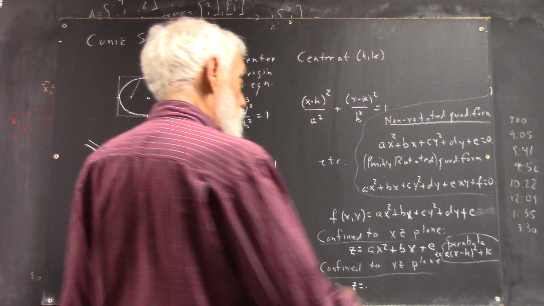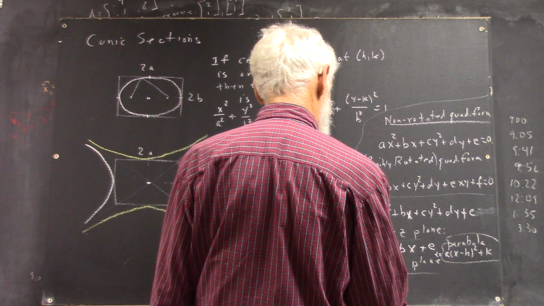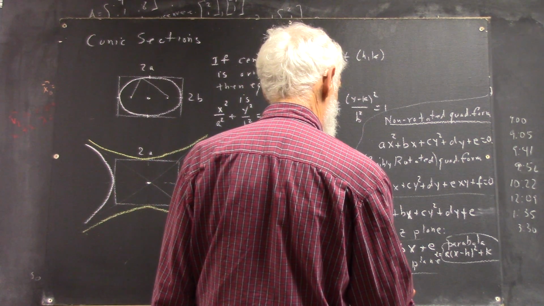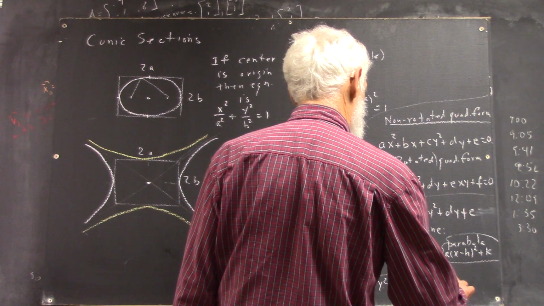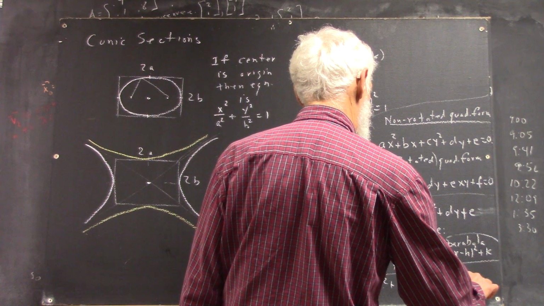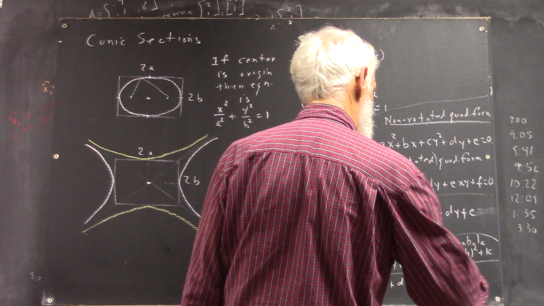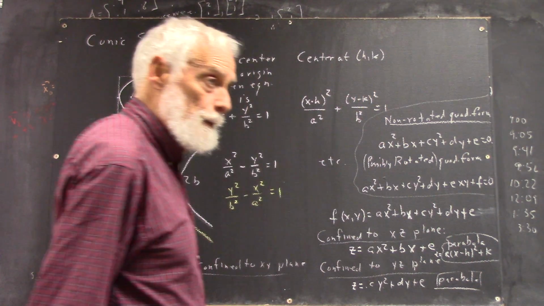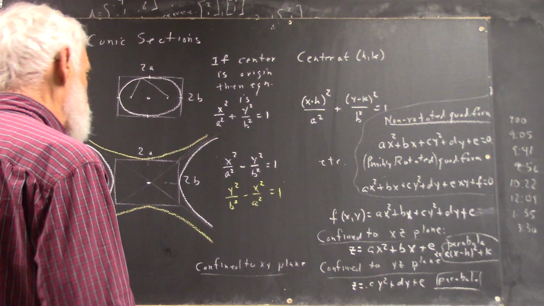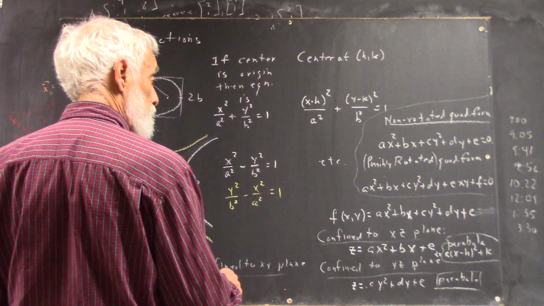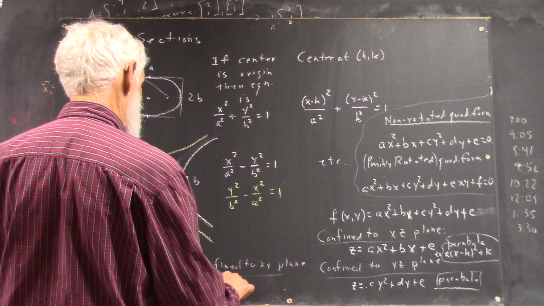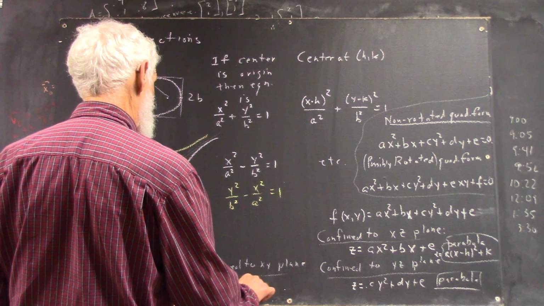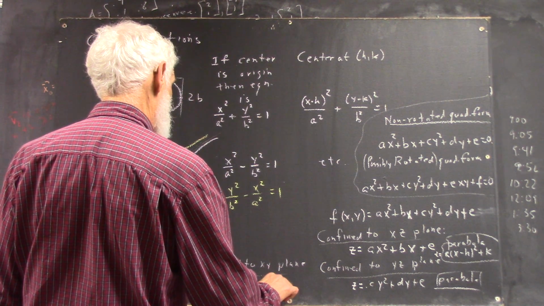And this is also a parabola, very simple. It's z equals c y squared plus dy plus e, also a parabola, right? And down here in the xy plane, it's just ax squared plus bx plus cy squared plus dy